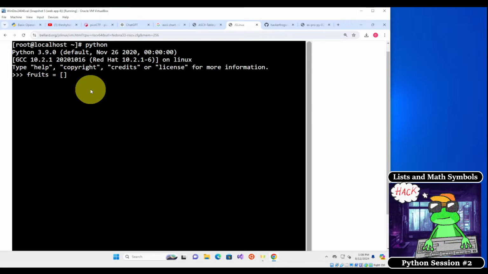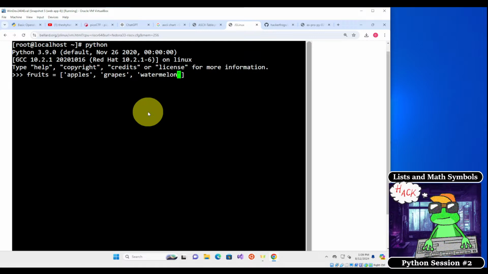So we're going to create a pair of them, and we're going to create some strings inside of this list. Inside the list, we're going to create a string, then a comma, then a pair of single quotes, and then a comma and then a pair of single quotes. So we're going to put 3 items in this list. Maybe the first fruit is going to be apples, another fruit is going to be grapes, and another one is going to be